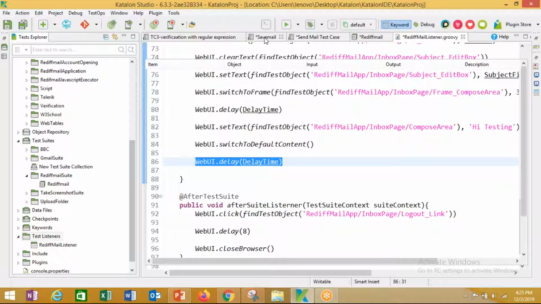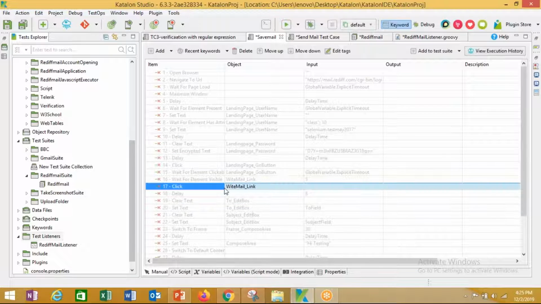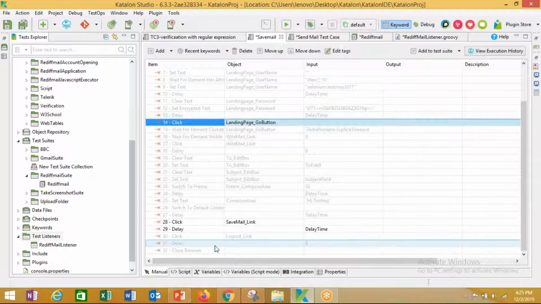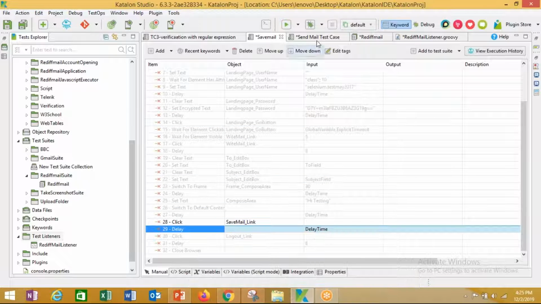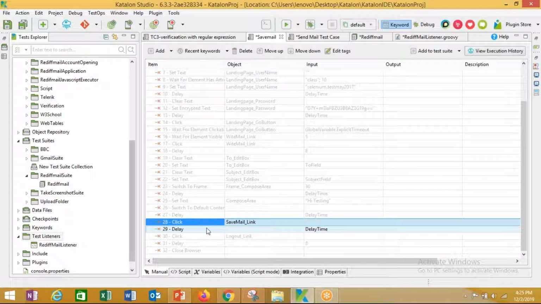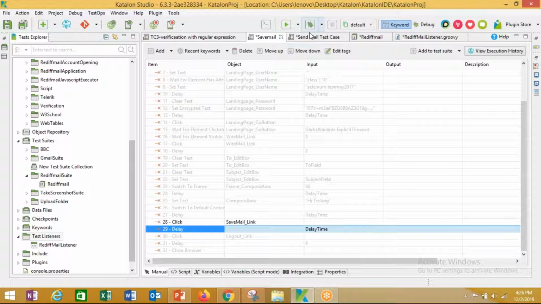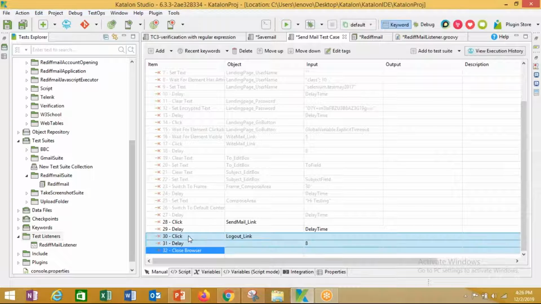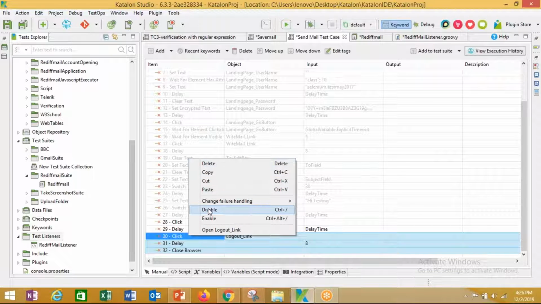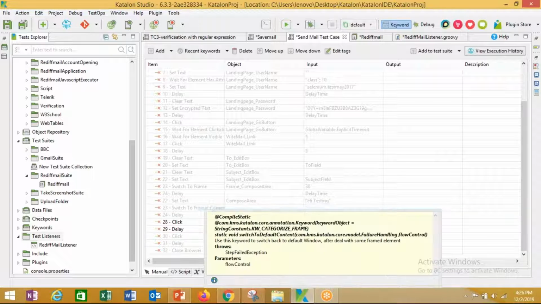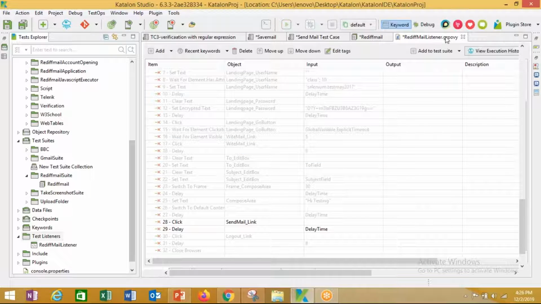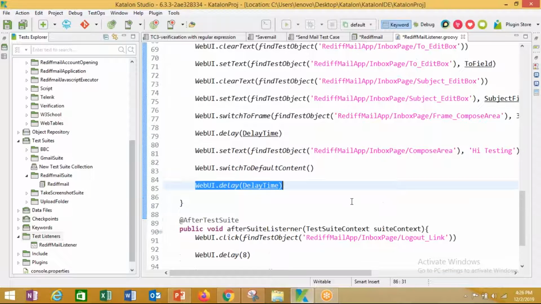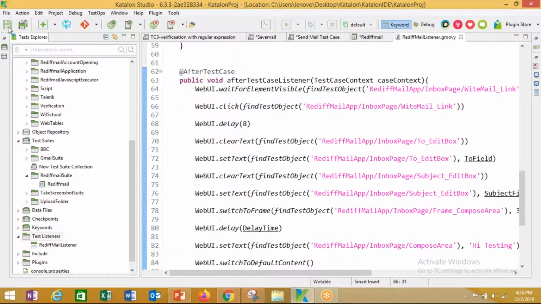So what is uncommon is highlighted. In this test case, this is uncommon: clicking on the save mail link and then delay. Here also, clicking on the send mail link and delay. And I will comment this also. Disable this, because these are part of your listeners. Okay. So once you have done that,